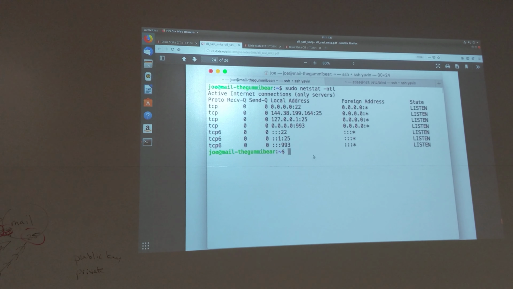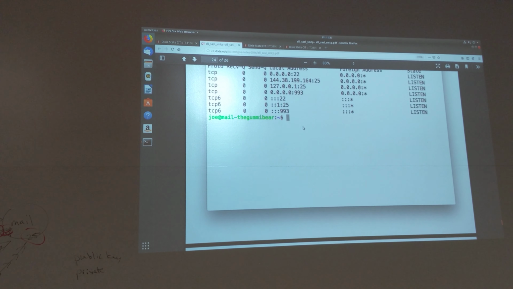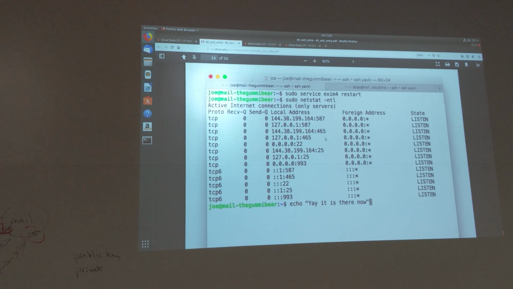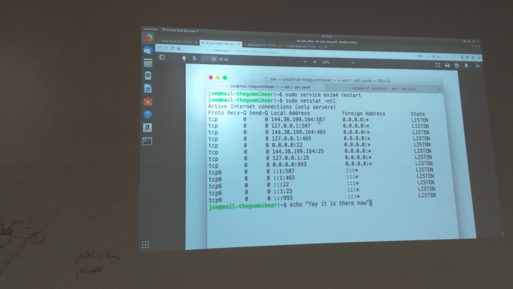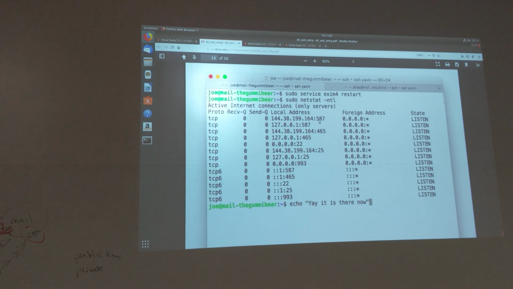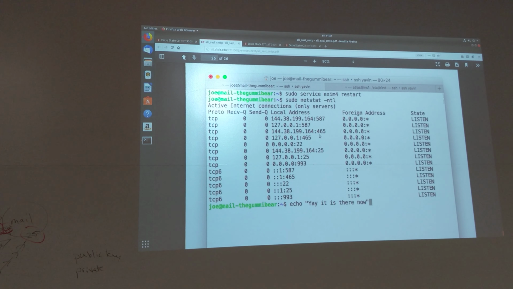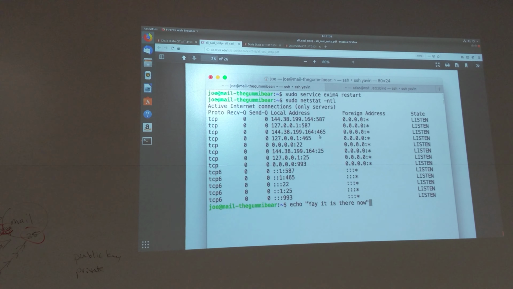Netstat. And this is a second way of running it. But now I'm seeing, okay, I've got port 25, which is SMTP. I've got port 993, which is IMAP. Oh, I don't see anything else here yet. 587, and it's not there. So I didn't restart XM. After I restarted XM, now I'm seeing 587 and 465 and 25. Those are the ports I need available to do secure SMTP. So it's there,